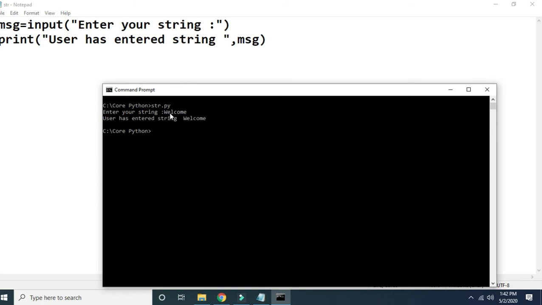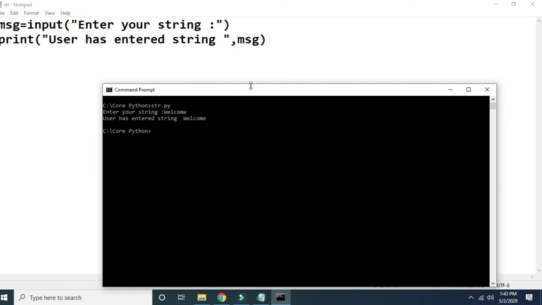Then e of welcome is msg of 1, l of welcome is msg of 2, and so on. So this will be treated as an array. I hope you all know what an array is. An array is a collection of elements having similar data type. So in memory, how will this get stored? This welcome, w will get stored at the 0th location, then e at the first location, l at the second location.